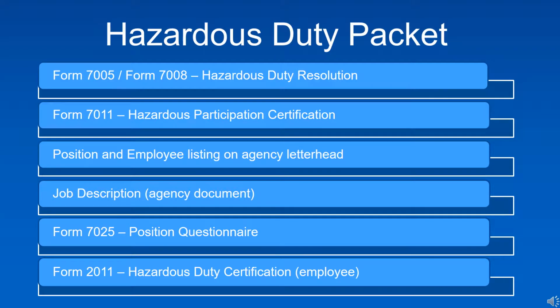The hazardous duty packet contains multiple forms that need to be completed and requires additional information be provided by the agency. It is strongly encouraged that the agency return this packet to the ERCE division before the due date in case any revisions are needed on the forms. If a revision is needed and the corrected paperwork is not back by the due date, there is a chance that your petition request will have to be deferred and be presented at the next quarterly board meeting, which could result in a later effective date on the coverage for the position. Let's review the forms and additional information that will make up the hazardous duty packet.